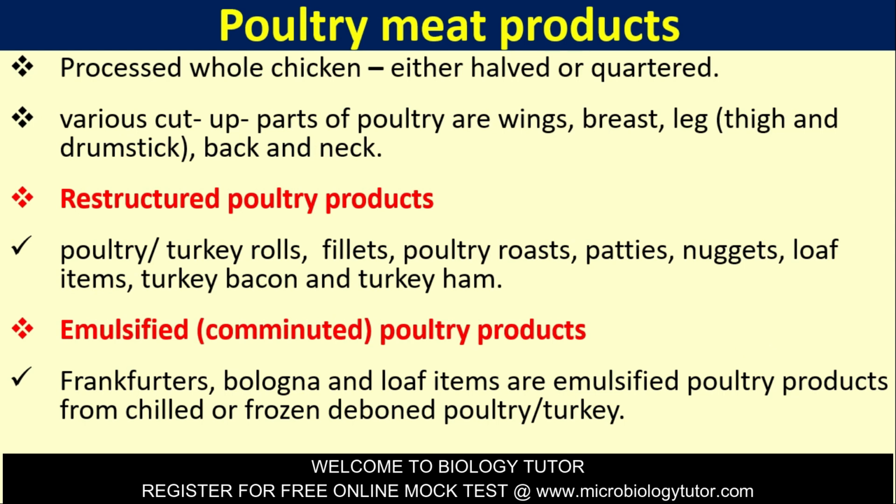Poultry meat products. Processed whole chicken, either halved or quartered. Various cut up parts of poultry are wings, breast, leg, back and neck. Restructured poultry products: turkey rolls, fillets, poultry roast, patties, nuggets, loaf items, turkey bacon and turkey ham. Emulsified poultry products include frankfurters, bologna and loaf items, made from chilled or frozen deboned poultry or